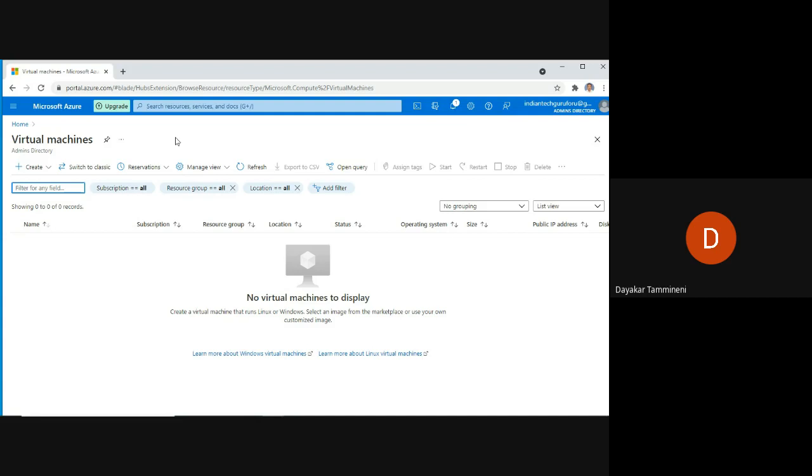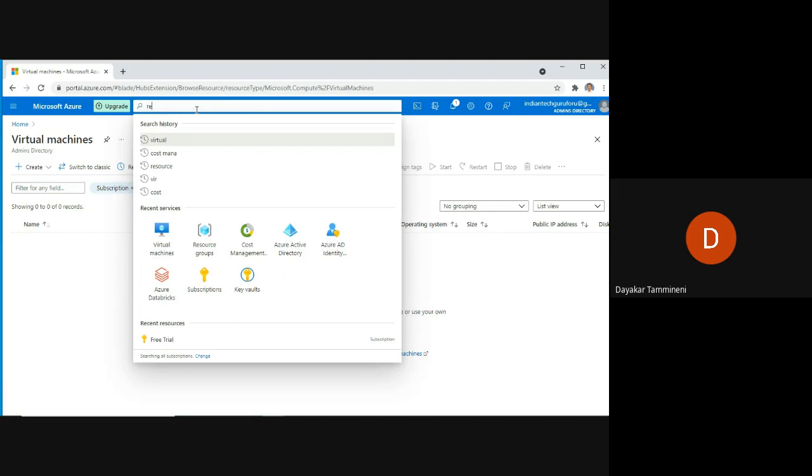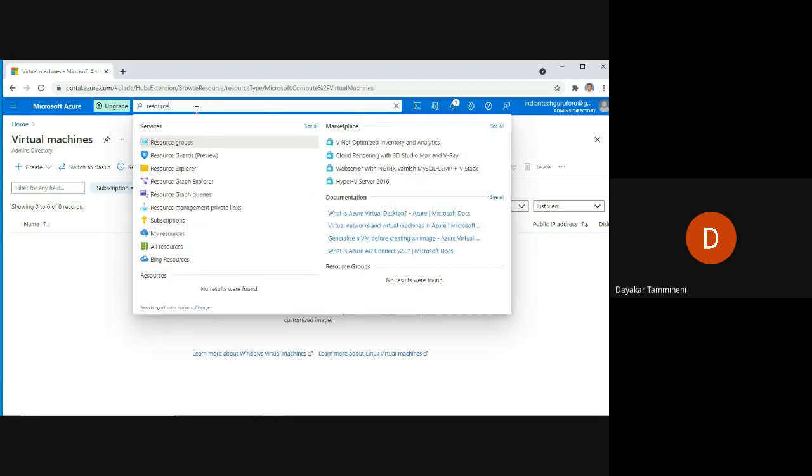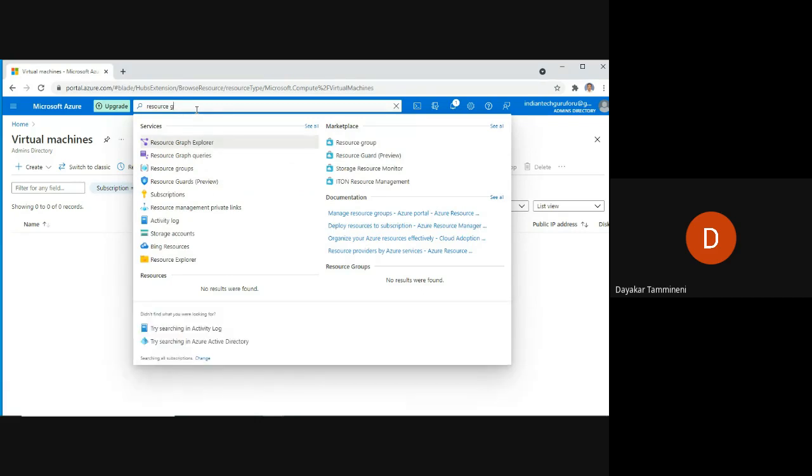Okay, no problem. The first case is you can create the resource group by directly navigating to resource groups. Just go to the search and type resource groups, then click on resource groups and create resource group. That is one way.